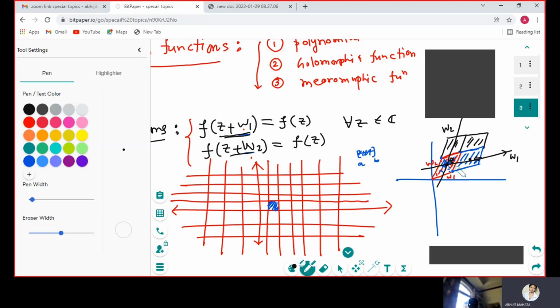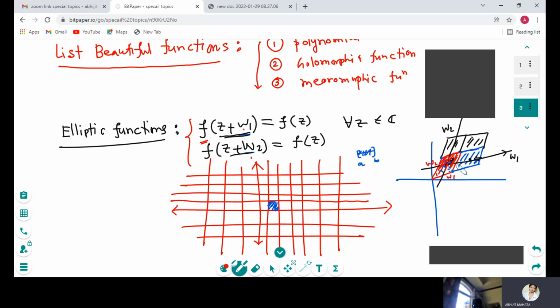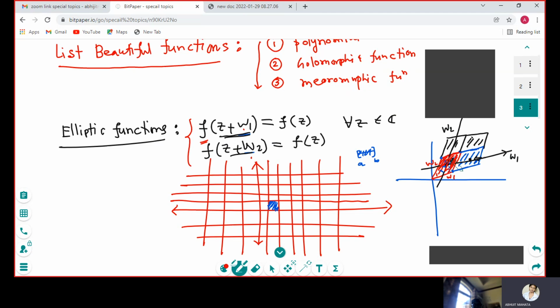Now see, as I told you, this is a closed and bounded interval. I mean, it is a compact set. And if your function is holomorphic on this domain, it means it is differentiable at every point. So it's a bounded function here, right? A differentiable function is continuous. So on the red domain, it is continuous. So here also continuous, because both parts, the function is defined in the same manner. So if we know it is bounded here, it is also bounded here. So this means in general, it is bounded on the whole complex plane.